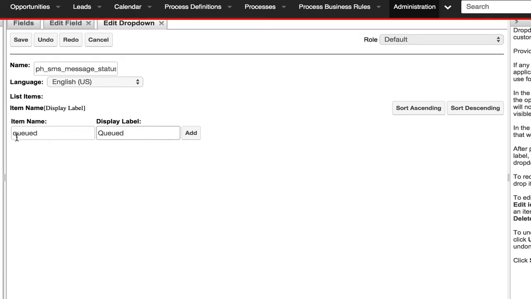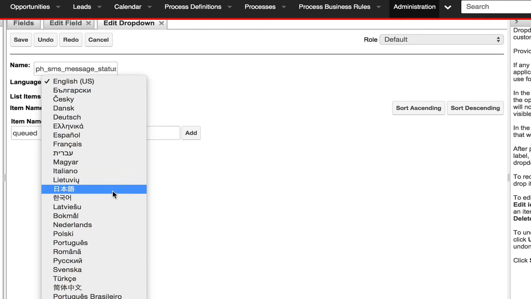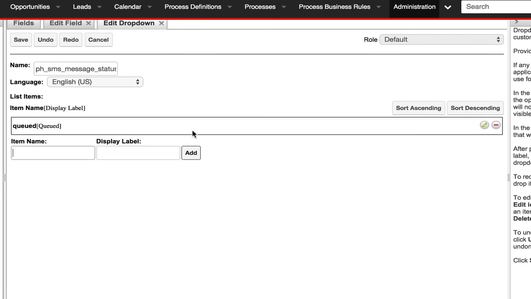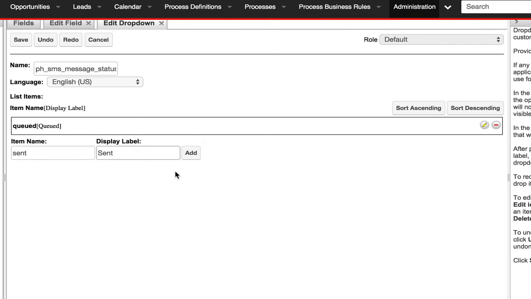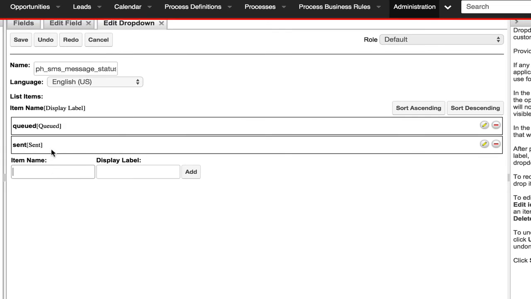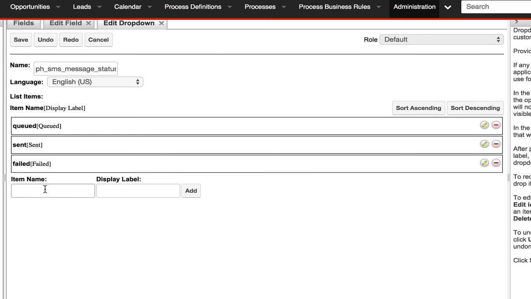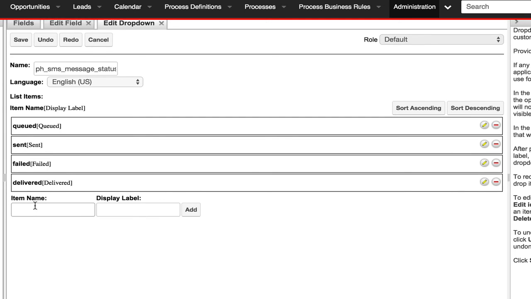And when we add a list, the item label, which is on the right-hand side, is what gets displayed for the user. The item name is what gets stored in the database, and I am currently using English. You can, of course, go ahead and define different languages for your different countries. I am only going to do English, so I'm going to say sent. And these are the responses that we will get back from our provider once we send a message, and we'll talk about that in a little bit once we actually